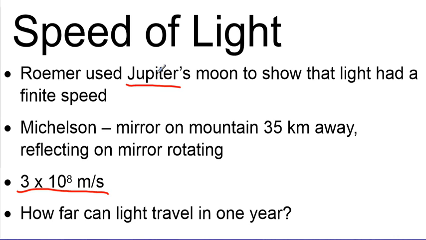And so we were able to show that light had a finite speed, whereas up until then it pretty much seemed that light had an infinite speed, and so everything happens simultaneously. Also, Michelson did a really interesting experiment with a rotating mirror on a mountain, and basically shined a light. It went to a mountain across, reflected back, and based off of the rotation of the mirror, he was able to measure the speed of light.